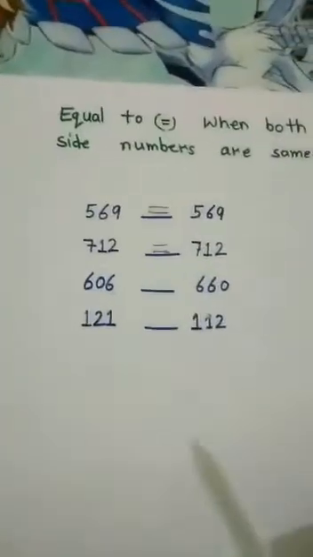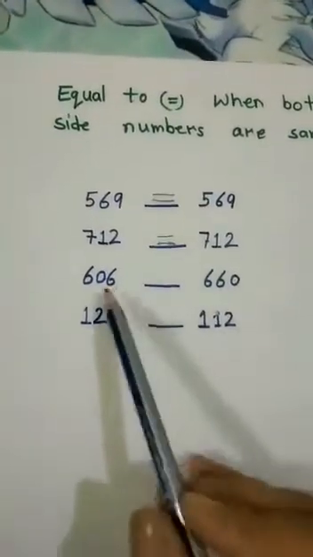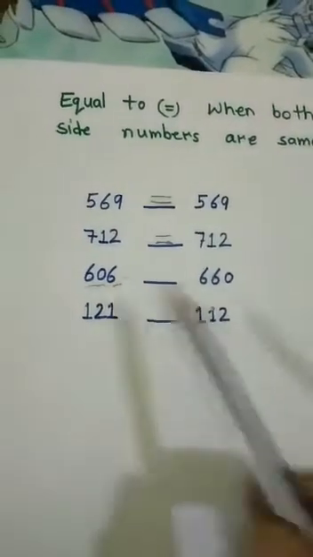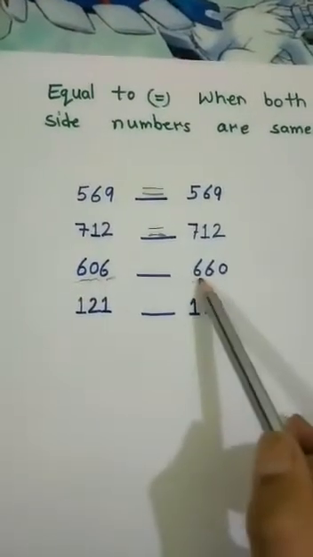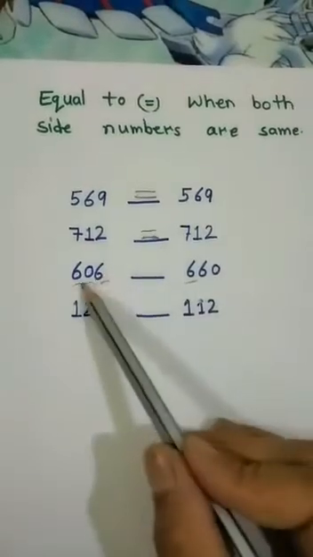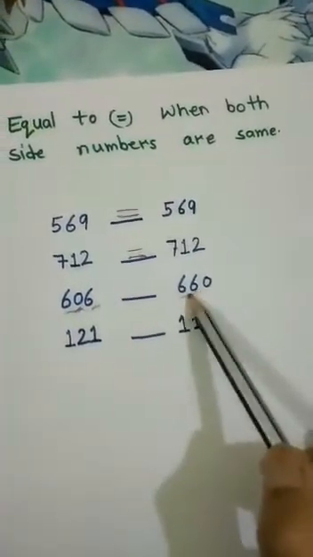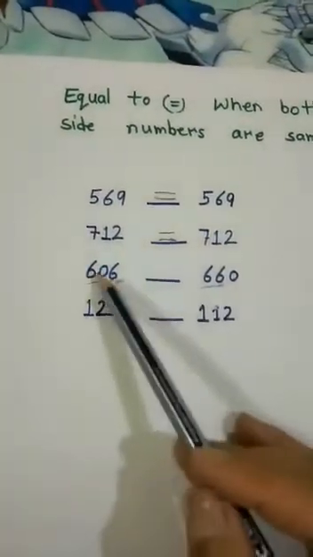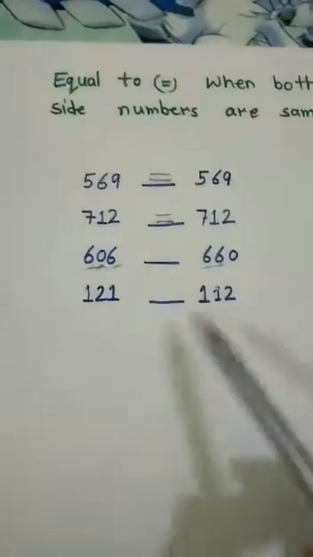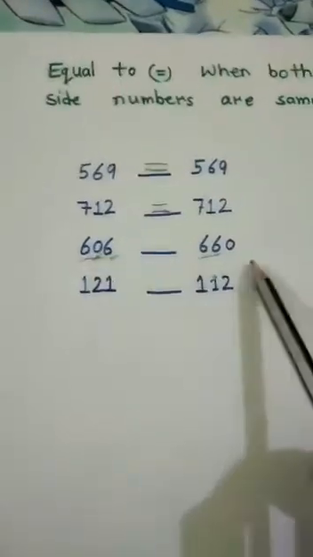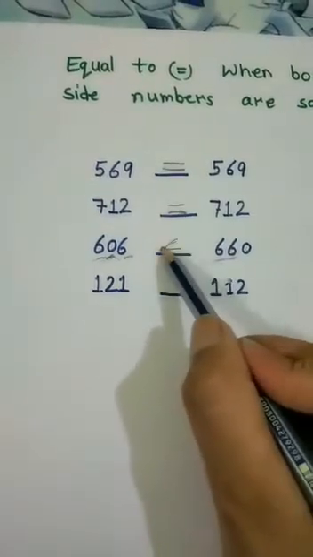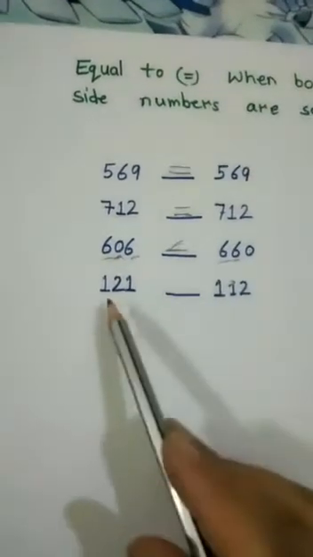No dear students, if there is a condition like this, then what do you have to do? You have to check the hundreds, tens and ones place value. Okay, hundreds 600, 600 over here also. Now the ones place and tens place: 0 and 6. So tens place values are different. So it means tens place value 0 and 6. This is the big number. So which sign will come? Less than. Got it? Like this we will check.